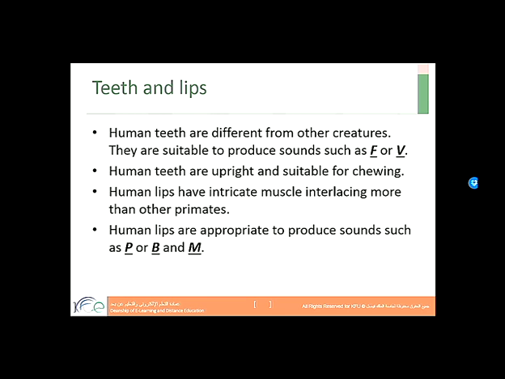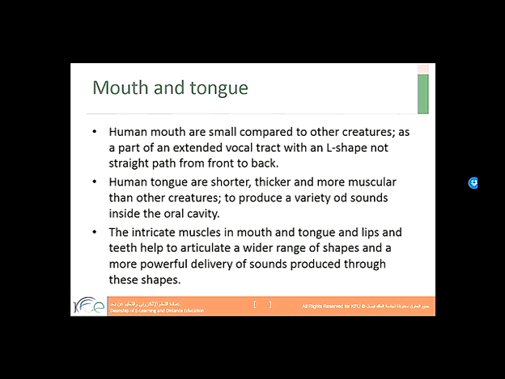Human lips are appropriate to produce sounds such as p and b and m. Okay, so these sounds are peculiar features, and they cannot be produced by other creatures other than human beings.